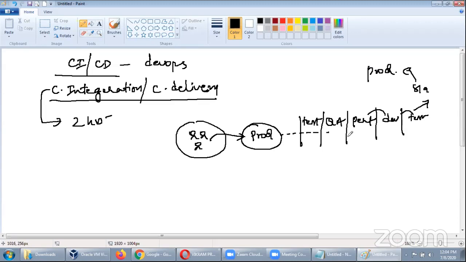Everything should be automated. We do not require any human being here. For some activities you need to agree, guys, don't think that we are completely overriding the human being. For some activities, human beings are required,